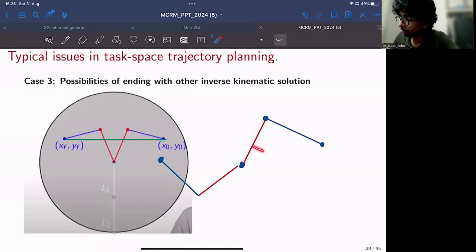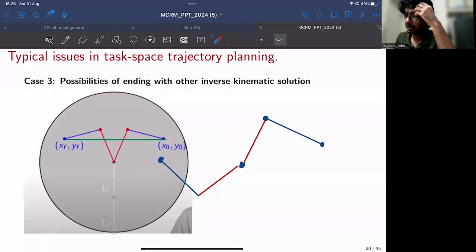You know what? If you simply rotate this entire arm, it'll end up like this, right? There is no change of assembling or anything like that. But in reality, what happened? It ended up like this, right? So it changed its inverse kinematic configuration from this configuration to this configuration,